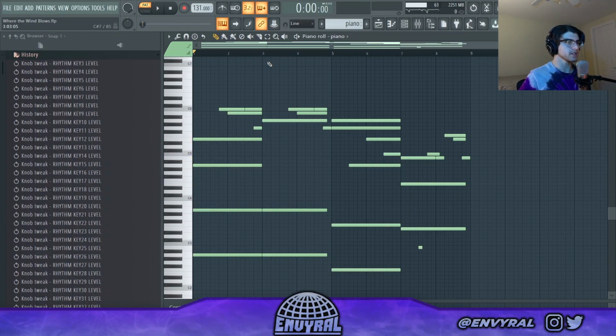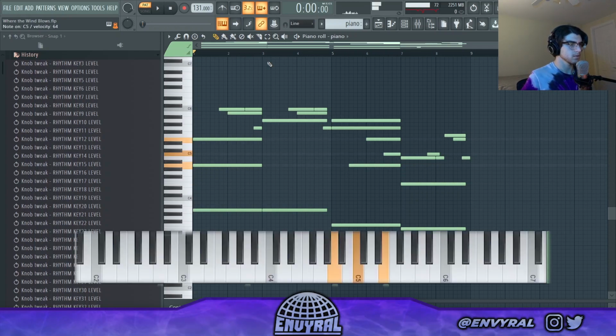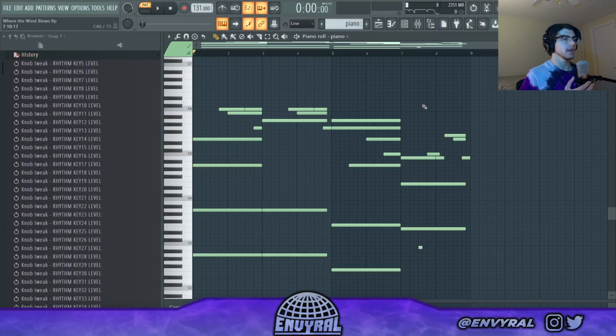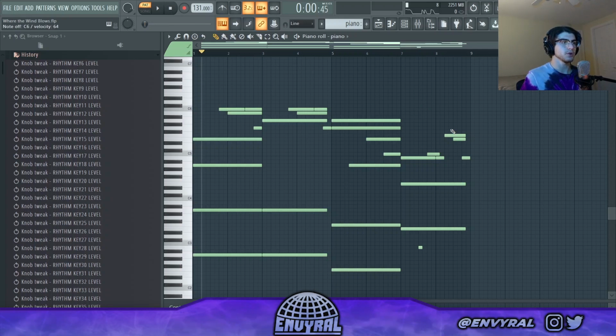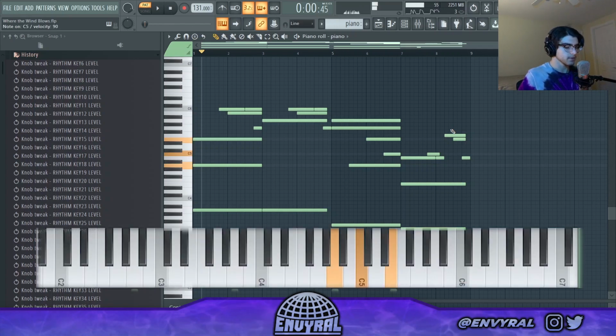As you can hear, I also have this melody on top of the chords going like this. So the reason this melody sounds so smooth is because I used voice leading, which basically means you have to like pay attention to how your chords transition from one to another. You can go from A minor to F major in a lot of different ways, like